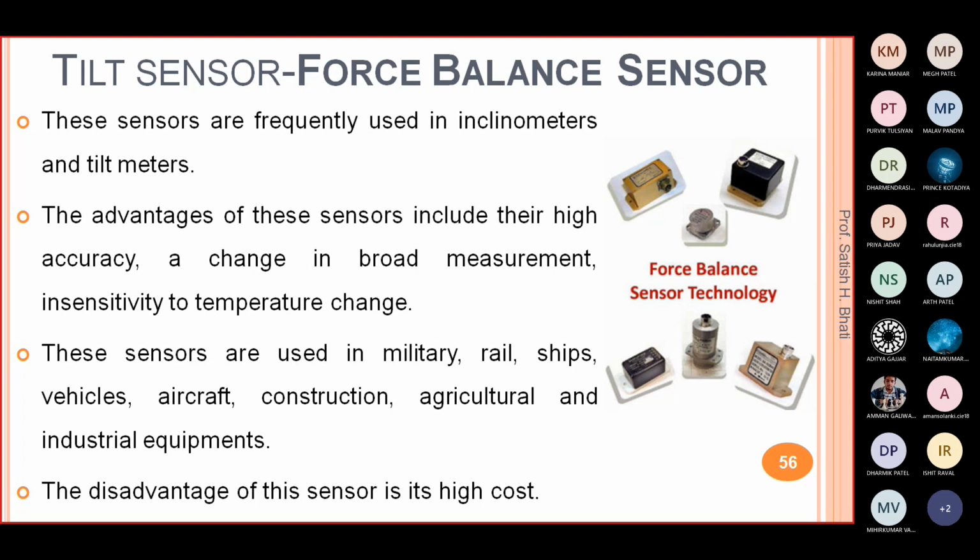And the disadvantage of this type is its cost, right? Why its cost? Because these types of sensors are expensive, and the reason is because they are providing high accuracy, right? Their casing, their construction is such that you can utilize them at higher temperature, right? So because of that its cost is high, and you can consider that a disadvantage.